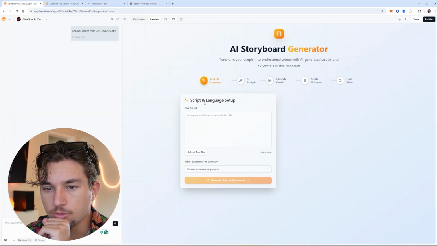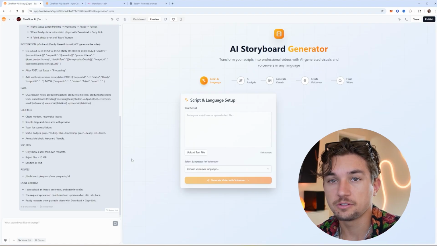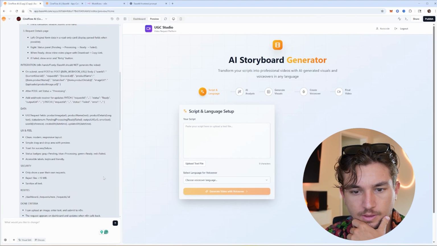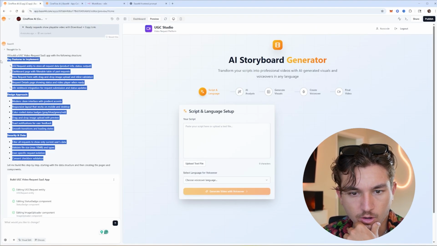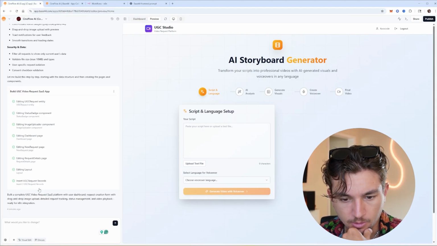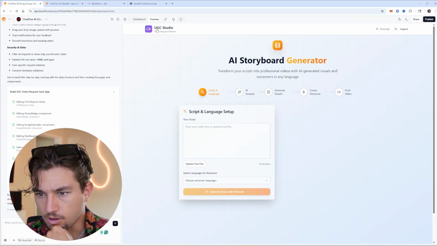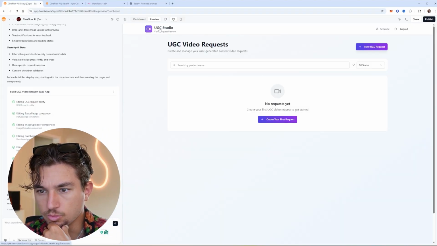I'm gonna go back to this cloned template. I'm gonna put that into here. First time doing this, so we'll see. So I put in that entire prompt. It then said all of the things that it's gonna try to implement, and then it went ahead and implemented these. I still have this AI storyboard generator, I believe, on the home, but if I click on this UGC